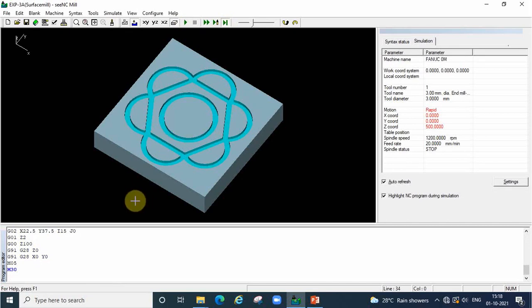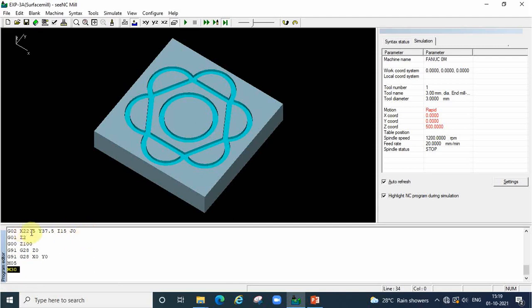This is the way to use the software. Say here I15 and J0 is there for creating a circle. Starting point to center point, variation in X15 only, so that I15 coming. No change in Y, so put it 0, or no need to write the value J0 also, simply we can strike out.